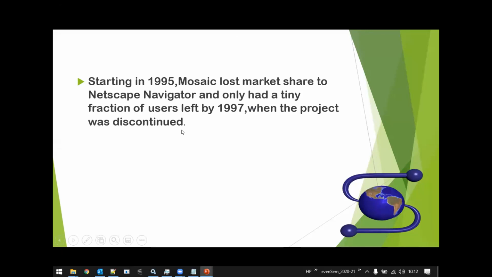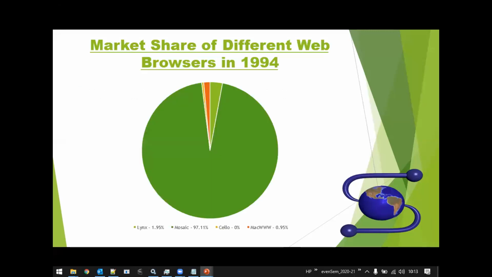Very good presentation, Pratika. A round of applause for Pratika. Students, you might have seen when this presentation was given. This is one of the web browsers, I can say a primitive type of web browser, which during that time had a lot of new features. Let me quickly go back to the previous slide. Look at the market share of this Mosaic. That is 97.11% in that particular market share, right?